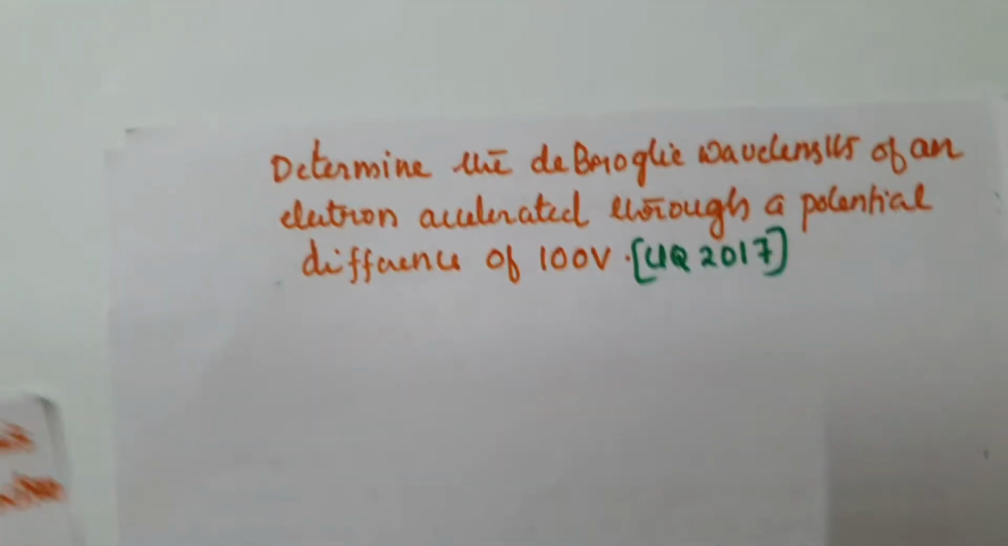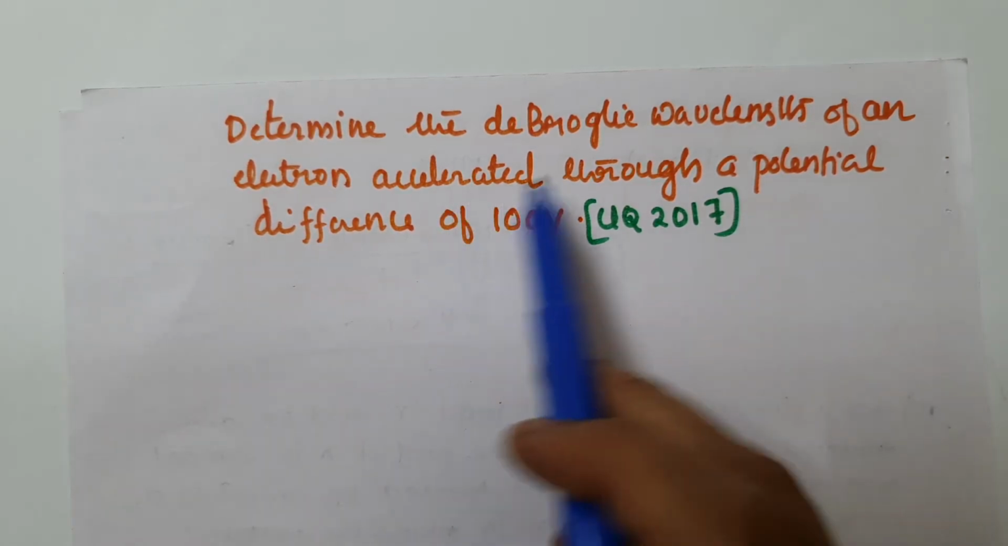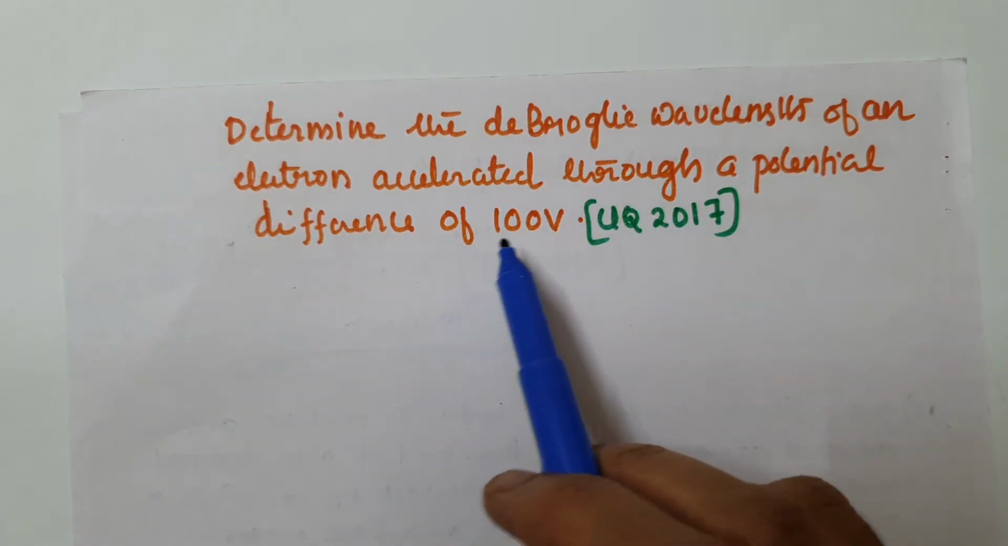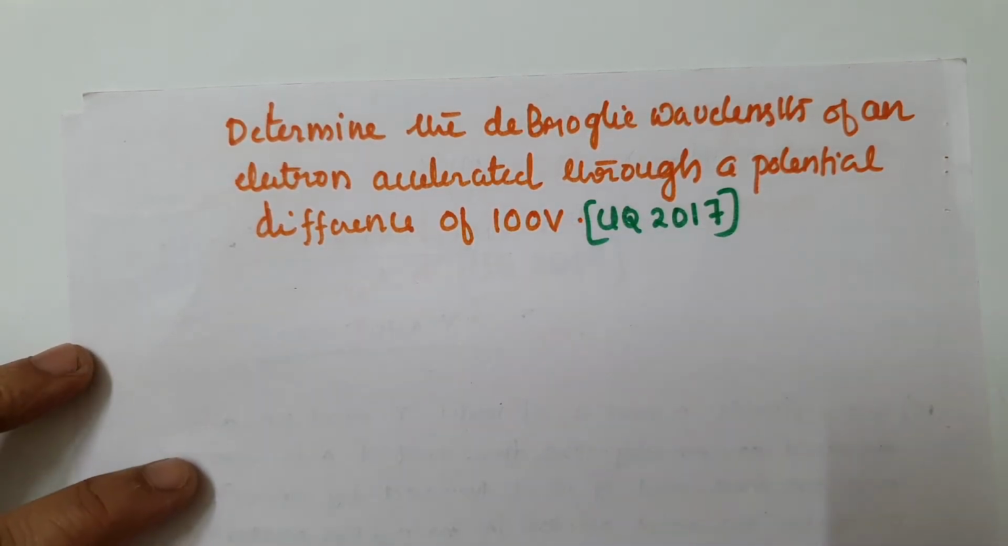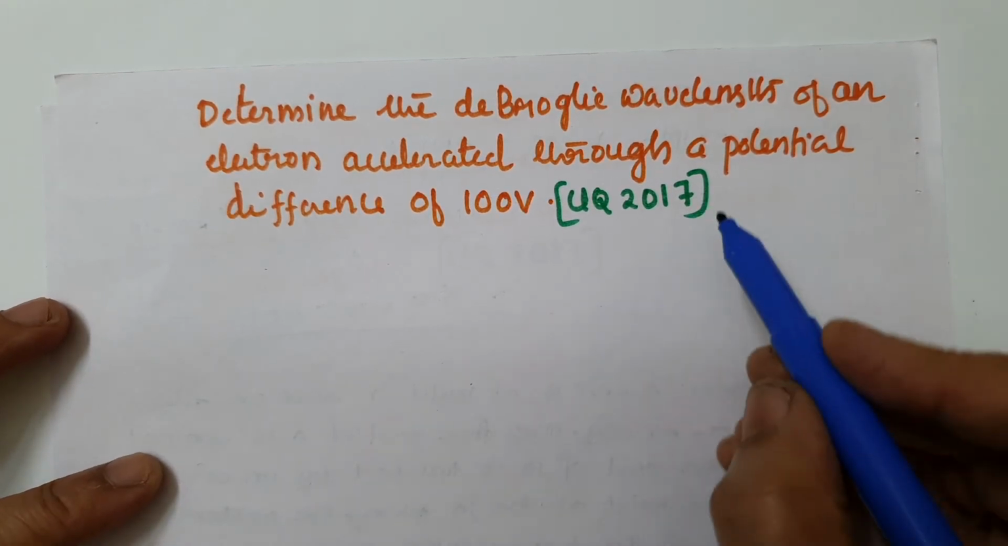And the next problem is: determine the de Broglie wavelength of an electron which is accelerated through a potential difference of 100 volt. Generally, the equation for the de Broglie wavelength of a charged particle which is accelerated through a potential difference V,